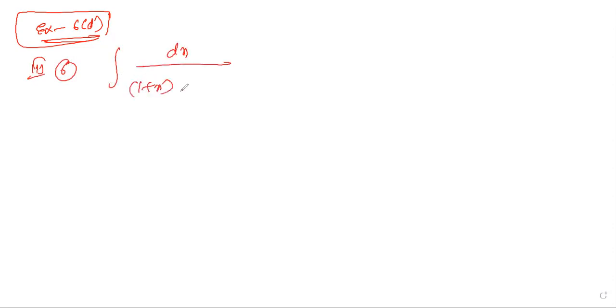If not, I'll give the logic, then you move forward. 3 plus 2x minus x square. This is the case I gave the logic for. Take 1 plus x equal to t square, then you continue that. This discussion is done, I think. Yes sir, already discussed.